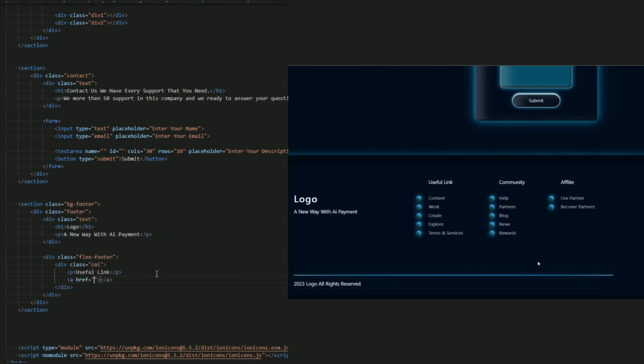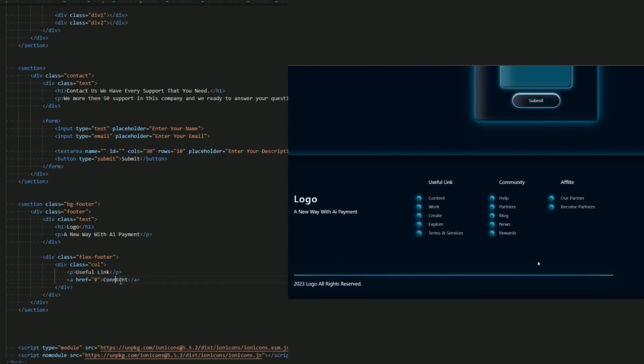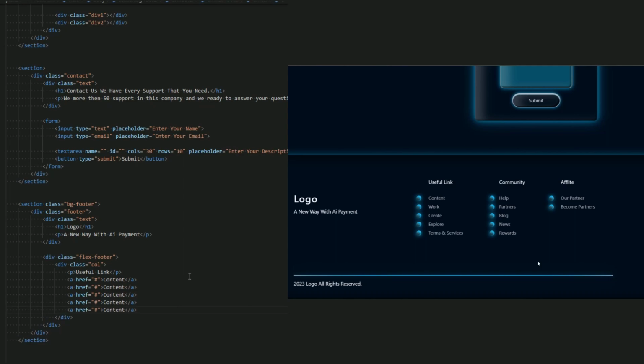Now let me add the a. First one be content. Content, yes. Copy paste it. Second one be work. Third one be create. And the fourth one be explore.